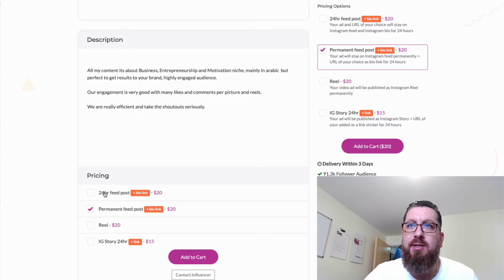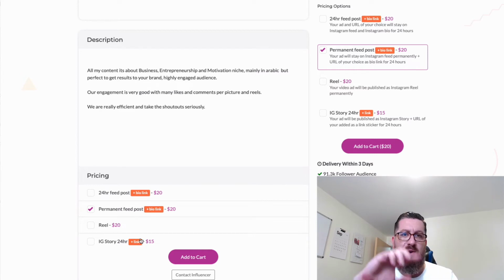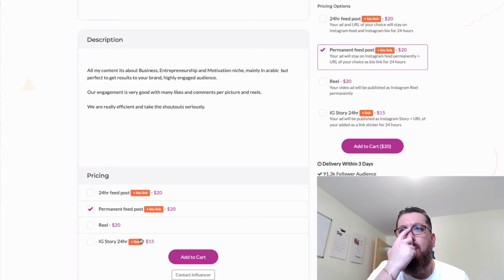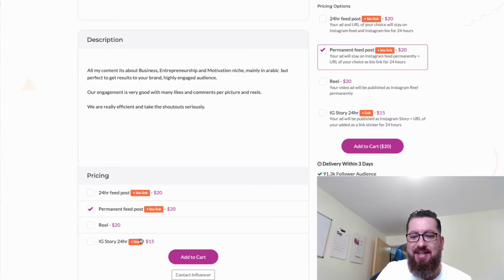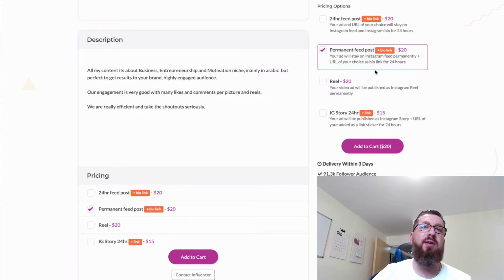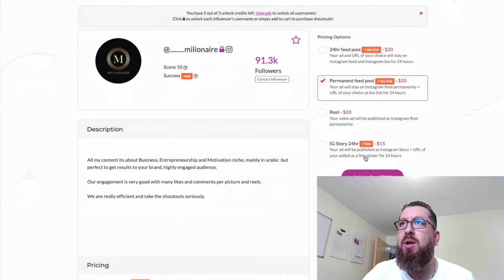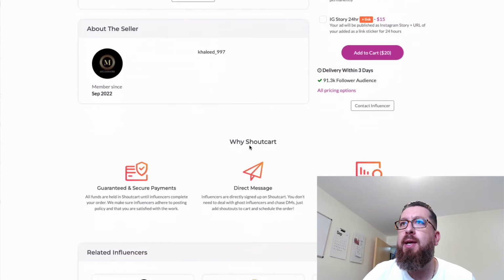Now, if you know anything about Instagram, you've got Reels, which are the video things, and the IG story is the same thing. With the IG story, you can also add a link into that video, so when the video comes up, people can actually tap on the link. Whereas with Instagram posts, because you can't put links in the text, you would put the link in the bio. That is why they've said here that they'll put your URL in the bio for 24 hours, and then after 24 hours, it'll be someone else, because at the end of the day, you're only paying $20. But you can get really good engagement.